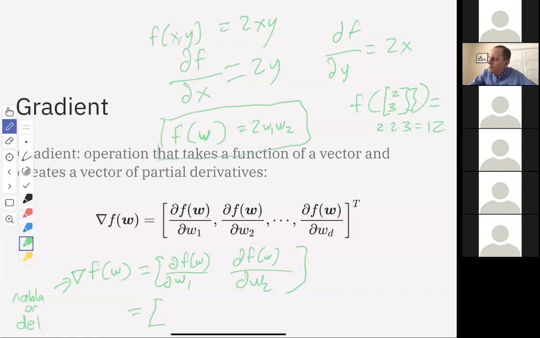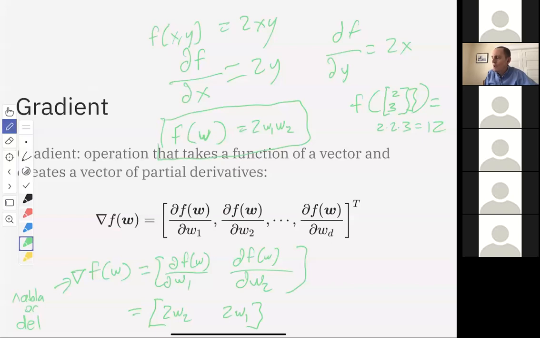So we're looking at this function here and taking the derivative with respect to w1. It'd be just 2w2. Yep, and the next one, with respect to w2. 2w1. Yep. So the del operator, or the gradient operator, has taken a function,